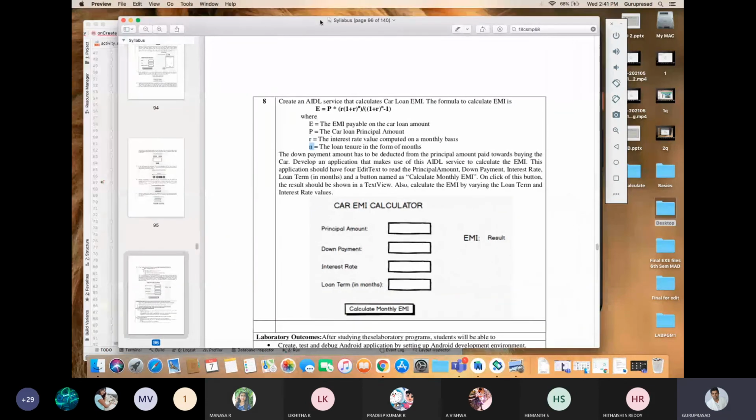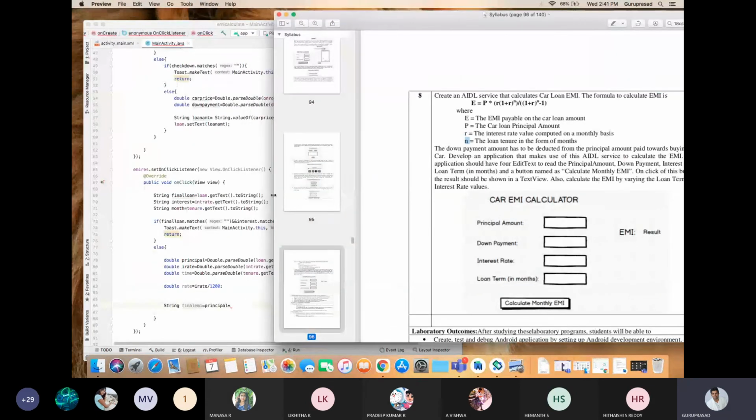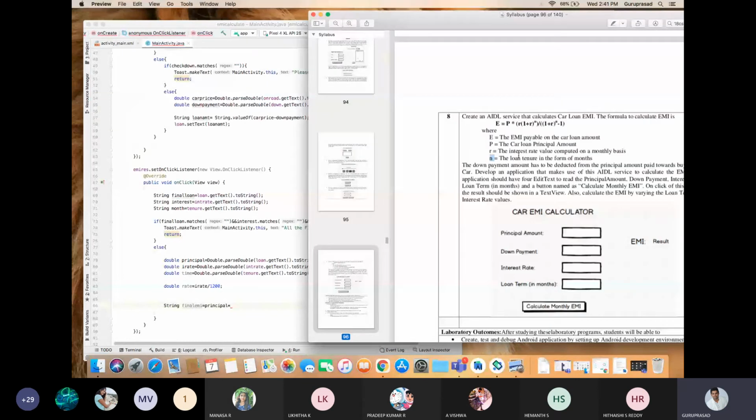See, this R is the interest rate computed on a monthly basis. The rate of interest is 7.6 per annum. What is per annum? Per 12. 12 into 100, so I am taking 1200. Whatever the edit text you are giving, the I rate divided by 1200, that will become your rate.